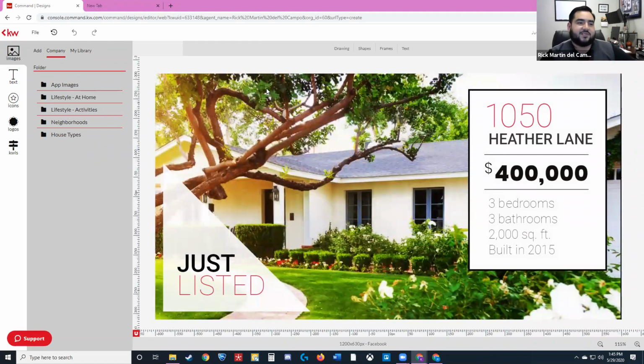So this is the editor. This is where you'll be able to change the text, adjust the photos, and just kind of move things around. So it's actually really awesome. If you've ever used Canva, it's a very similar function, where it's click and drag. So as you can see, I've got my mouse pointer going over the different elements of the graphic. And I don't know if you can see it, I know it's kind of faint on my screen, but you'll see a little bounding box show up. It highlights around the element, and that's what shows you that I can select the price, the address, and so forth.